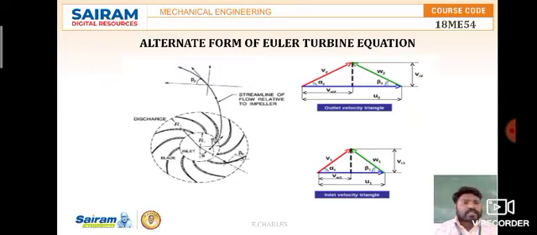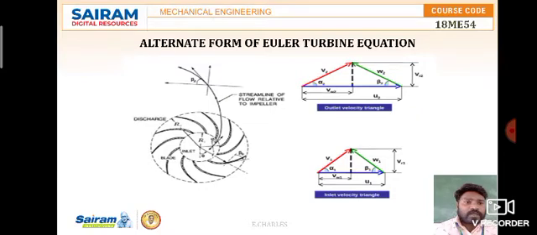You can see the red color V1, that is the absolute velocity. And then alpha 1, the angle of the absolute velocity, which is the angle at which the jet of water comes and hits. It is not the vane angle, because the vane or blade angle will be nothing but beta. So if water is striking the blade, that is nothing but alpha 1.